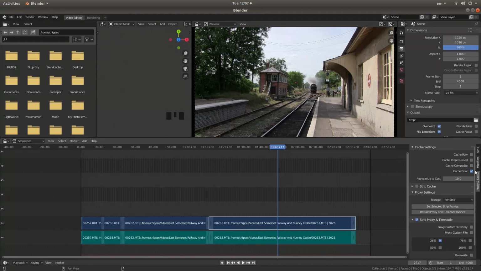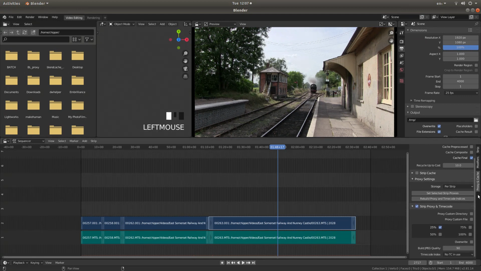Now the only other thing to think about, especially if you've already done some work on your videos, is there is a box that says overwrite. You can bring your old proxies back in, but it's just as easy, if you've already created proxies, to put a tick in the overwrite box before you create your proxies, and then left click rebuild proxy and timecode indices,